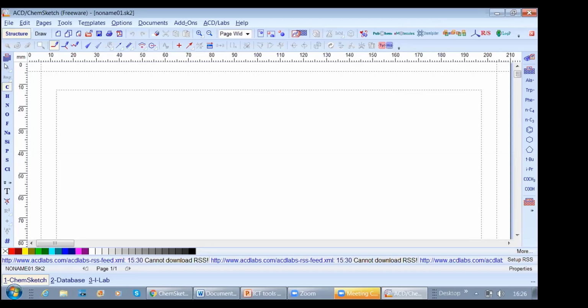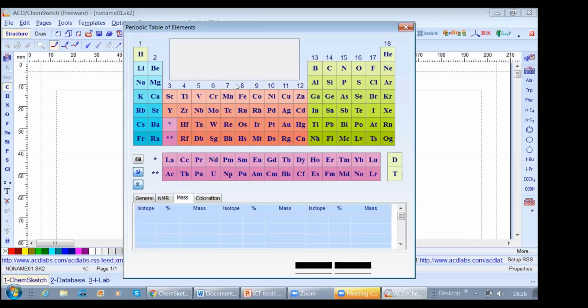Then if you can see here in this left hand side corner, we have this symbol which is for the periodic table of elements. So this is the periodic table. If you click on this, you will get the periodic table. Whichever element you want, you can select that and you will get the information. For example, now if I select carbon, you will get the information about carbon here.